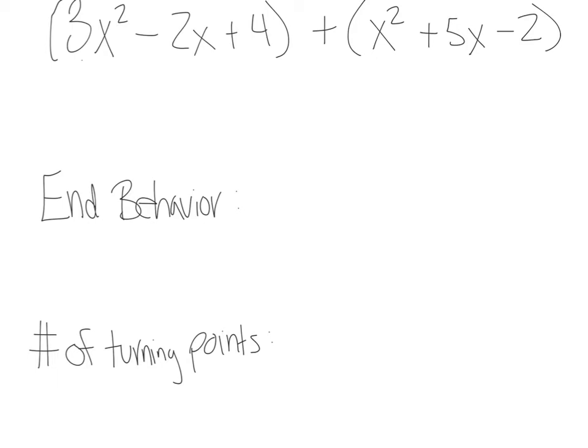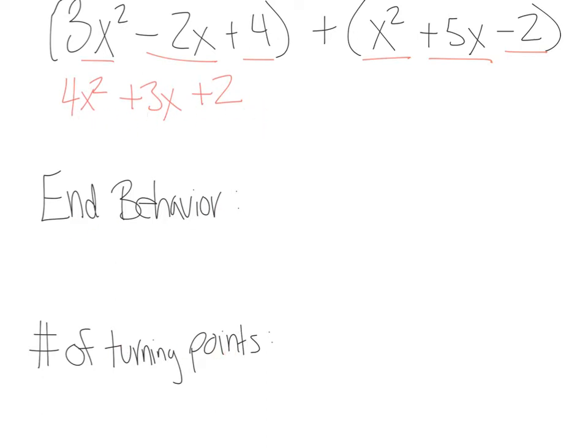So I have a 3x squared and an x squared. So I'm going to combine those. 3x squared plus x squared gives us 4x squared. I have a minus 2x and a positive 5x. So when I combine those, I get a positive 3x. Then I have a 4 and a negative 2. So combining those, I get a positive 2. So this is going to be the equation I'm actually looking at when I'm talking about end behavior and the